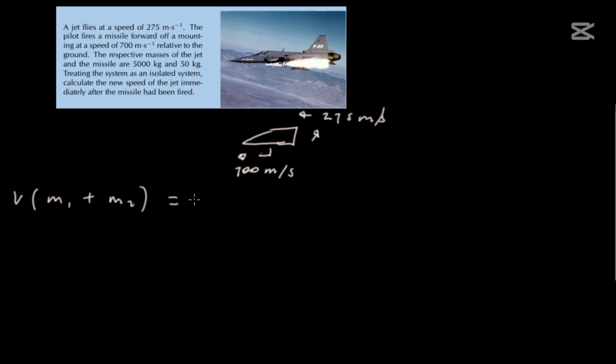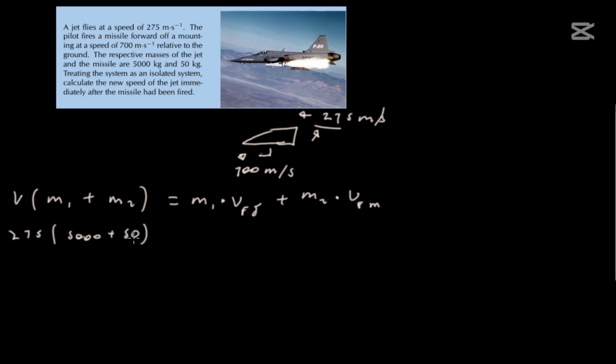So now we're going to have m1 multiplied by v final of the jet, maybe I can say j, plus m2 multiplied by v final for the missile, represented by m. So the initial velocity is